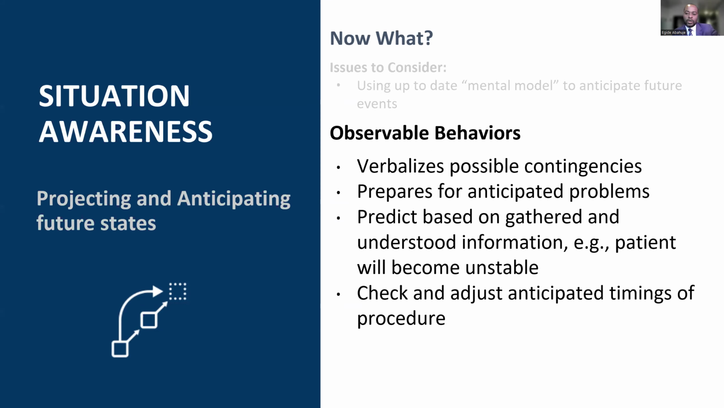The surgeon, nurse, and anesthetist behaviors in projecting and anticipating future states include verbalizing possible plans to address the patient's safety threats, making preparations for the anticipated problem, predicting based on information gathered, and checking and adjusting the timing of the procedure. For example, in our scenario,